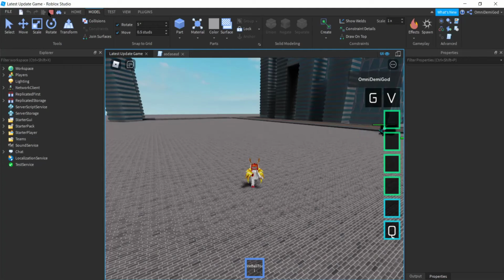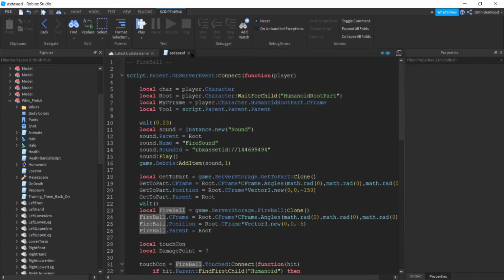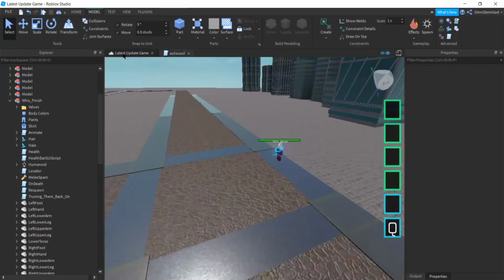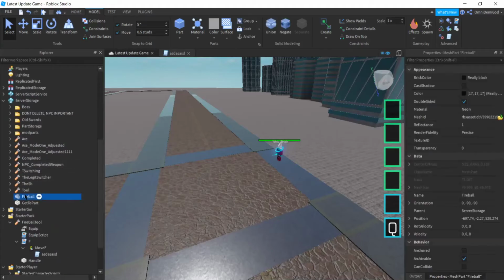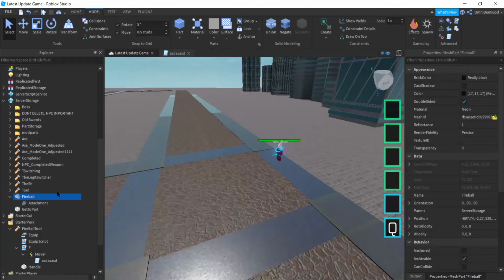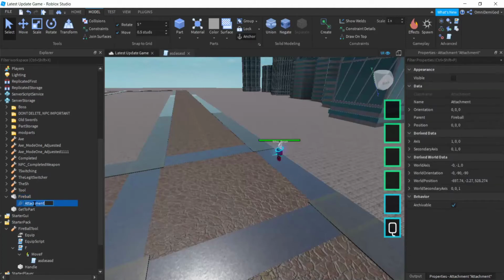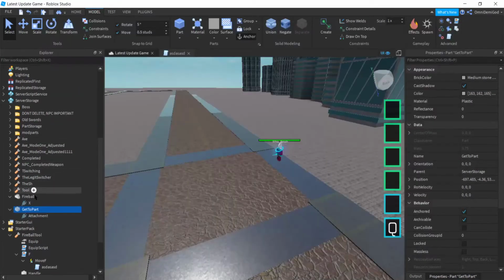all we need to do is two things. Alright, we've already got it placed, so we're gonna leave the script open, but we're gonna go back into our fireball in the server storage. So this fireball, we don't need to touch anything physical on it. What we need to do is add an attachment. Add attachment. We're gonna call this X, okay? And on the other part, we're also gonna add an attachment. We're gonna call it Z,